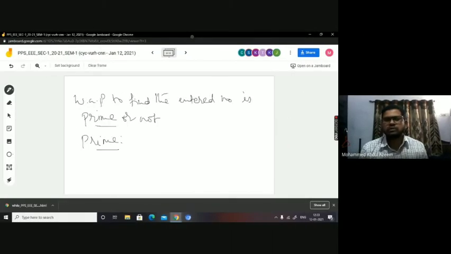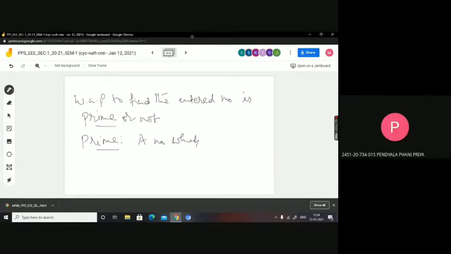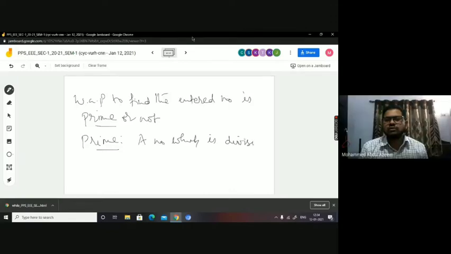A number which has factors itself and 1, which is divisible by 1 and itself only. See, if I remove this only, then the definition is not complete. Every number is divisible by 1 and itself, but prime numbers are divisible by only 1 and itself. They are not divisible by any other number.